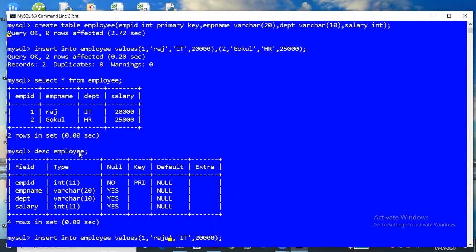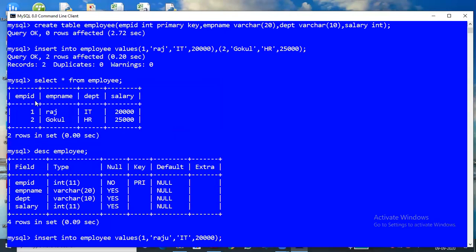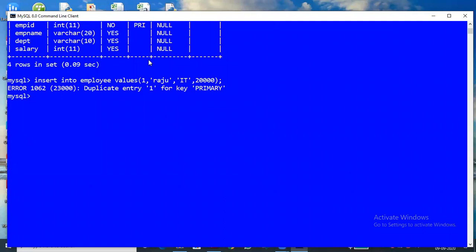Now you are seeing the last command: insert into values 1 comma Raju. Again I'm just testing whether it will accept or not. Can you say? No, sir. If I press enter, what is it showing? Error, because of a duplicate entry. Because the employee ID 1 has already been given. Apart from 1 and 2, we can give whatever ID, but it should be a number. That value only it will accept.